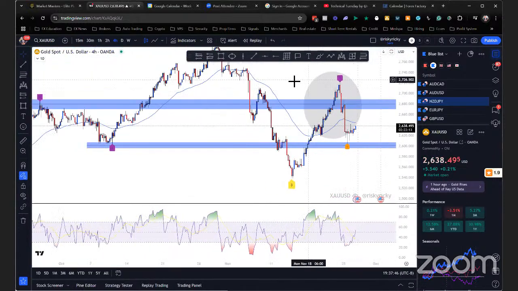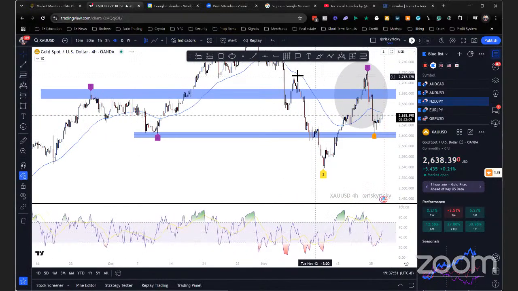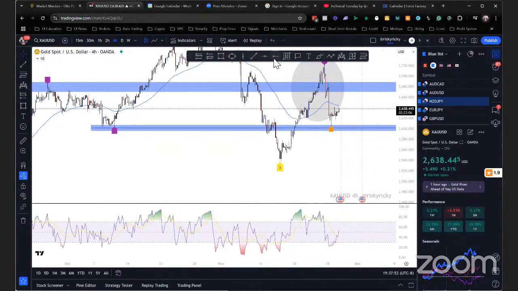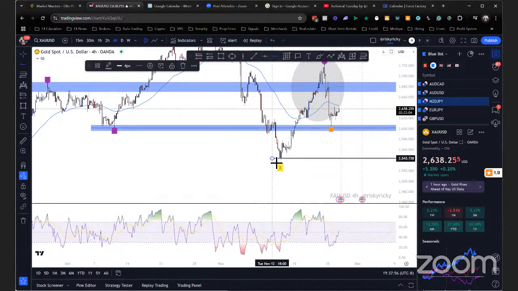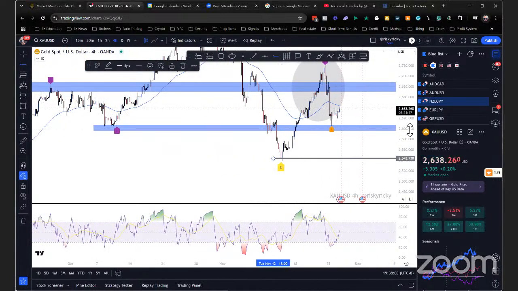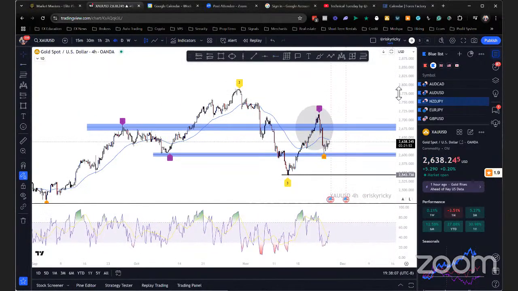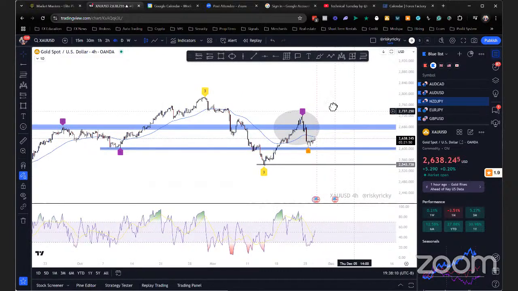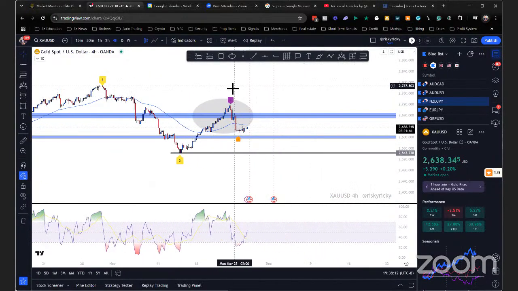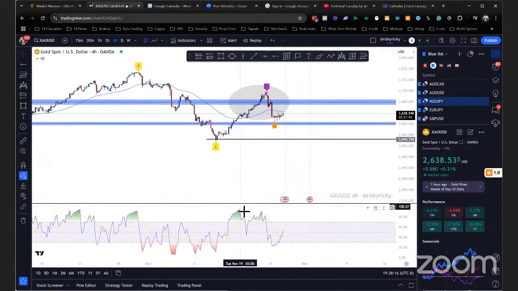So zooming in here, that's the right shoulder. We should be expecting price to shoot down to about here, these lows down here. So just, really crazy divergence going on here.